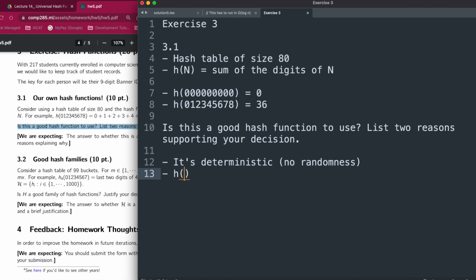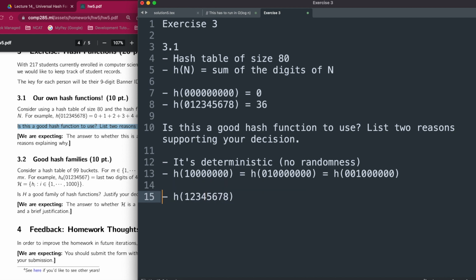So you could do h(10000) is equal to h(0100000) is equal to h(0010000), right? So all of these, the digits add up to 1, and they're all equal to each other, and there's like 9 of them, right? And there's actually a lot more. Like if you think 1, 2, 3, 4, 5, 6, 7, 8, this actually gets you to another example where these numbers add up to 36,